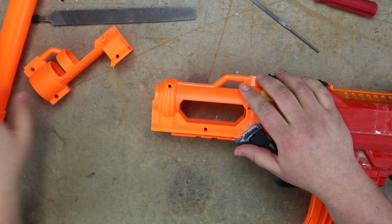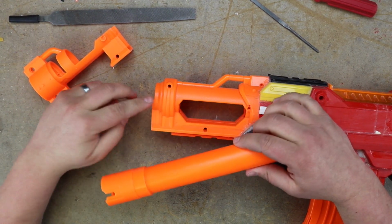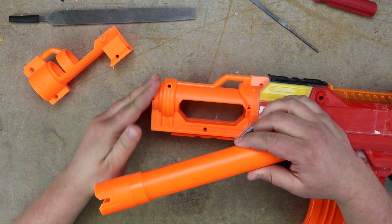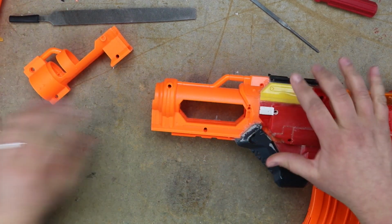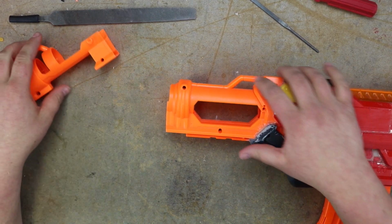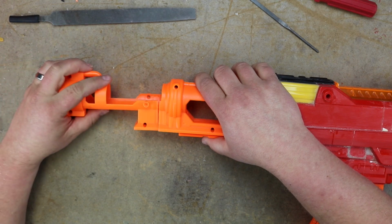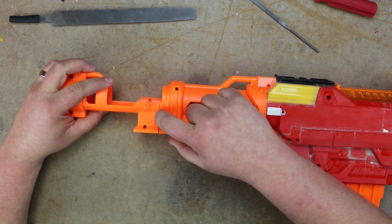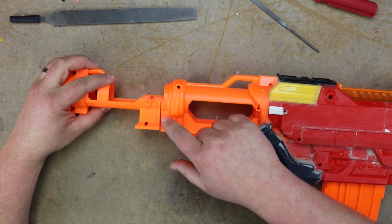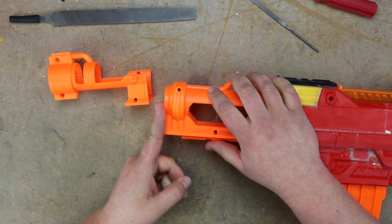So if we're sticking everything together at once, it wouldn't be such a big deal, because we can just blend the barrel into any raw cuts here. But I do want this to be a separate unit and have it be nice and clean and finished looking. So I'm thinking there's these little ribs or whatever here. We may lose some of that, because when we cut this off here,